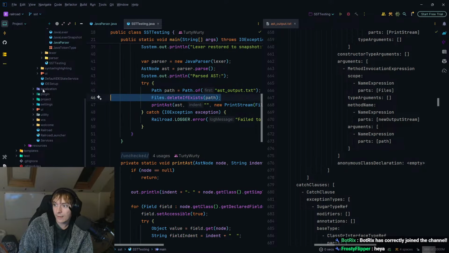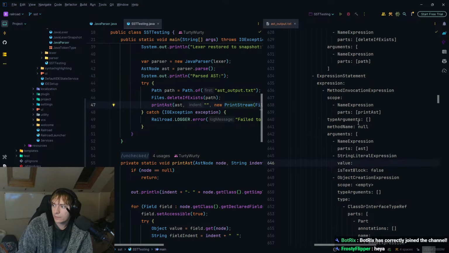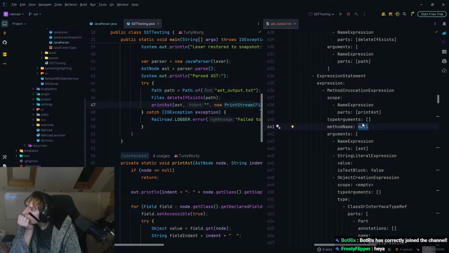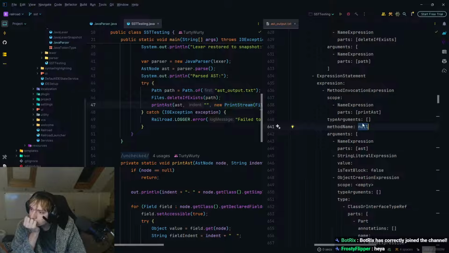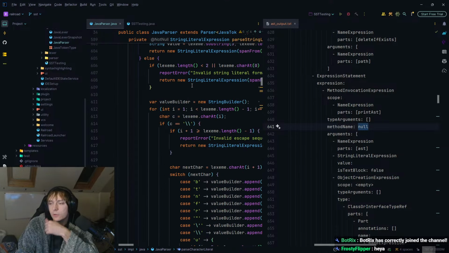So that actually has kind of worked, I guess. The only issue is it doesn't know the method name. Which is interesting. Interesting.